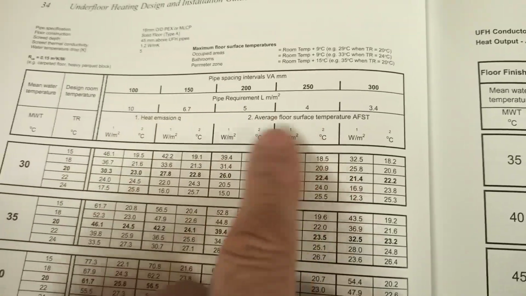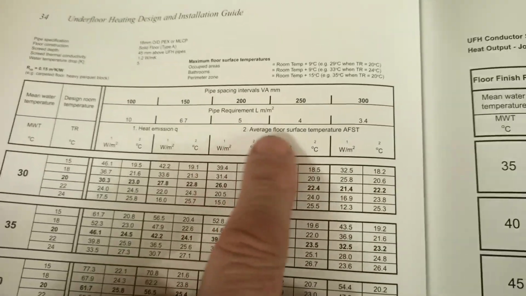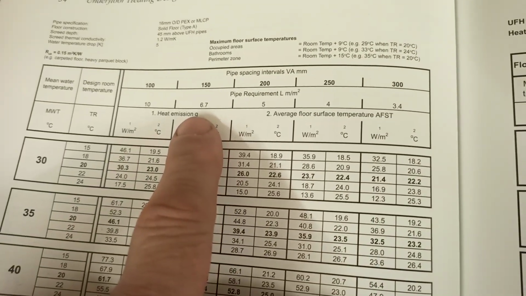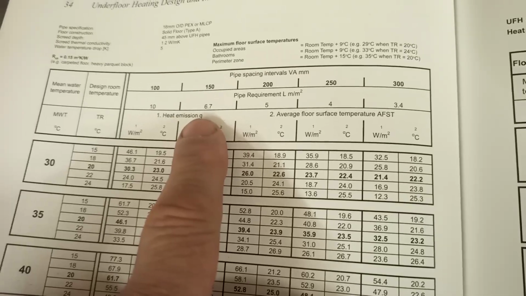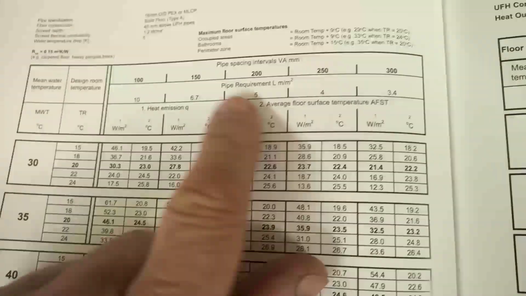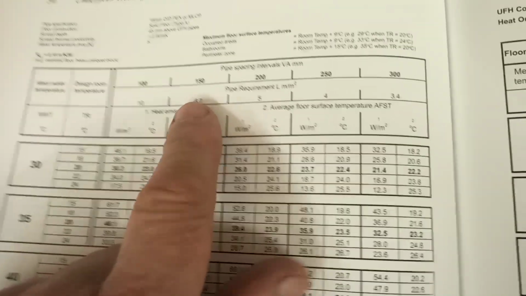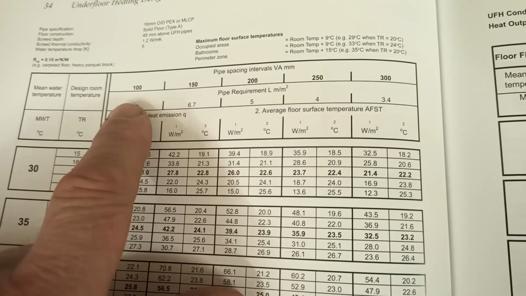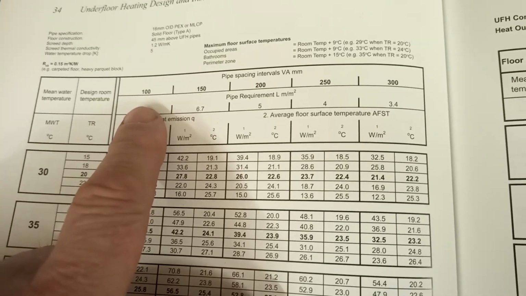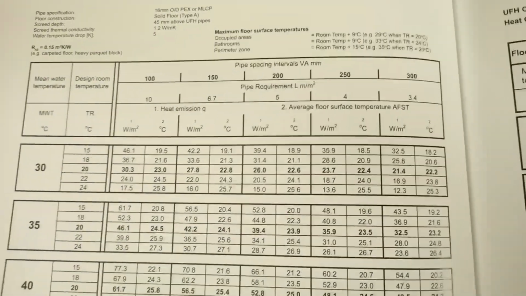Now, it's up to you. If you want a system to run less efficiently, you can use bigger pipe spacings. But in my mind, we design for efficiency and also future-proofing for heat pumps, and 150 would be my maximum desired spacing. In my home in Estonia, I've actually used 100mm spacings because I can't achieve the heat output for the floor if I exceed 100.